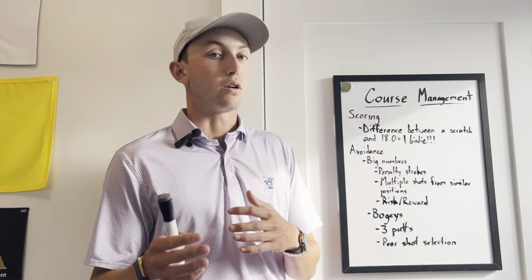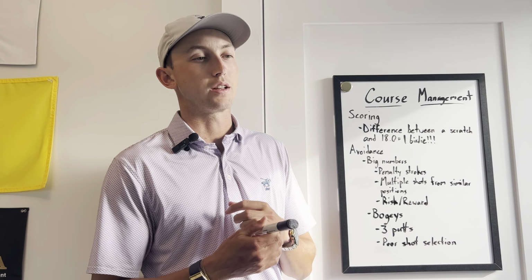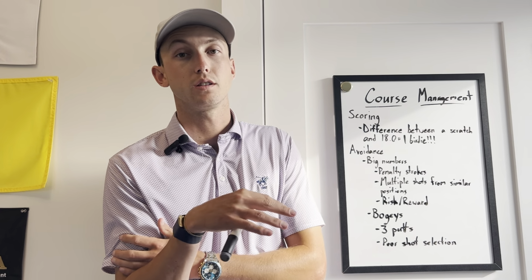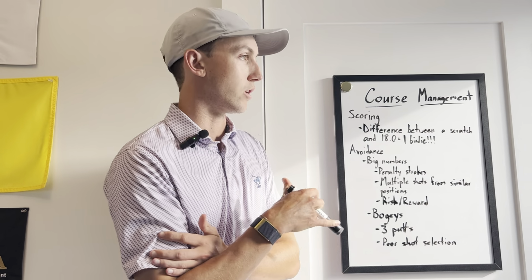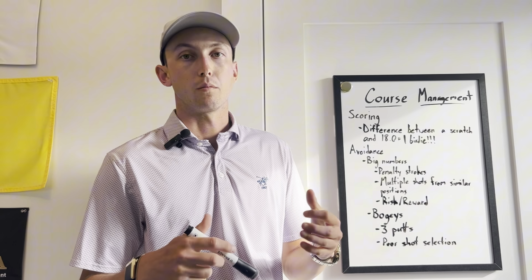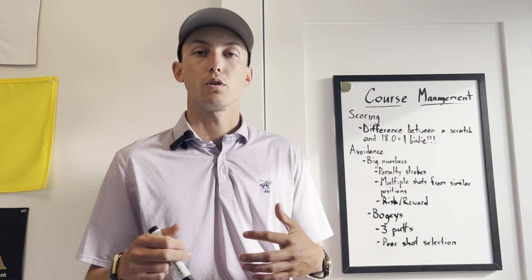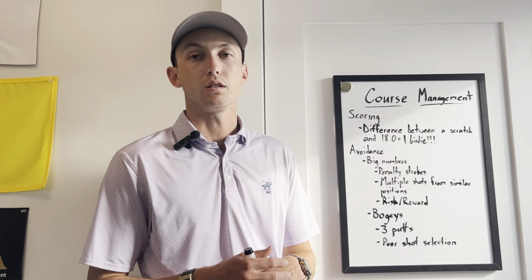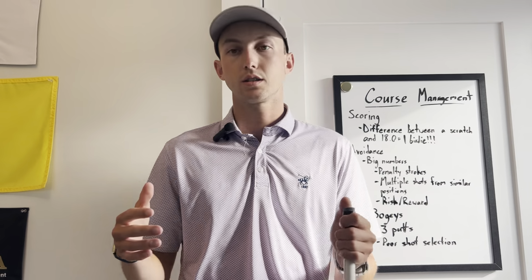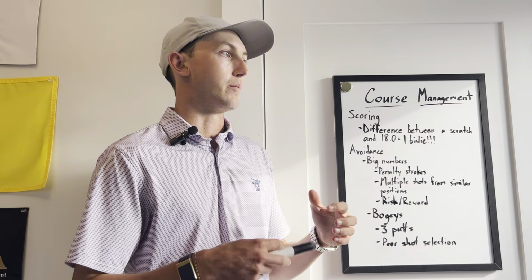So when you are 30 feet out, if you're a PGA Tour pro, you have about a 5% chance of making it and also a 5% chance of three putting it. So not too high on either end there, but it should tell you something that from 30 feet, somewhere on the green, PGA Tour pros are just as likely to make a putt as they are to miss it twice. So that should tell you a little bit about putting stats